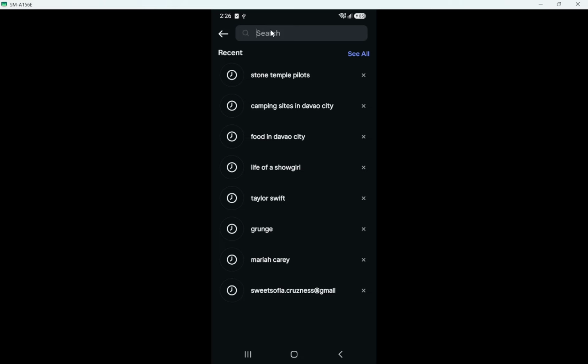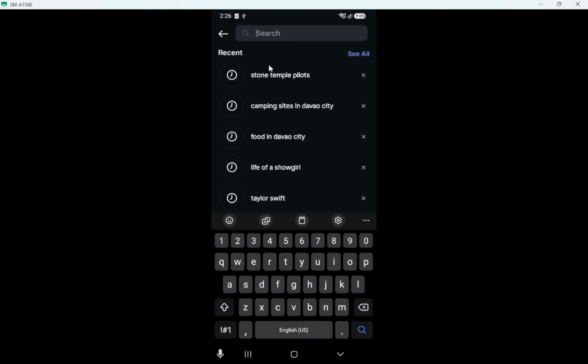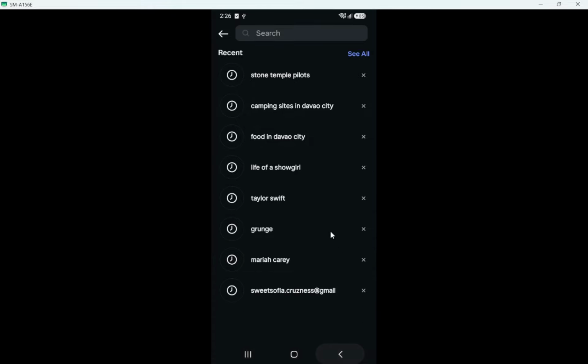If you just cleared everything, you might only see a few new searches or suggestions you have made since then. Find the search you want to remove from this list. Take a moment to scroll if you have many recent searches. Each item usually shows the account name, hashtag, or place, along with a small icon on the left so you can recognize it. Once you have found it, tap the X or Remove button next to that search.